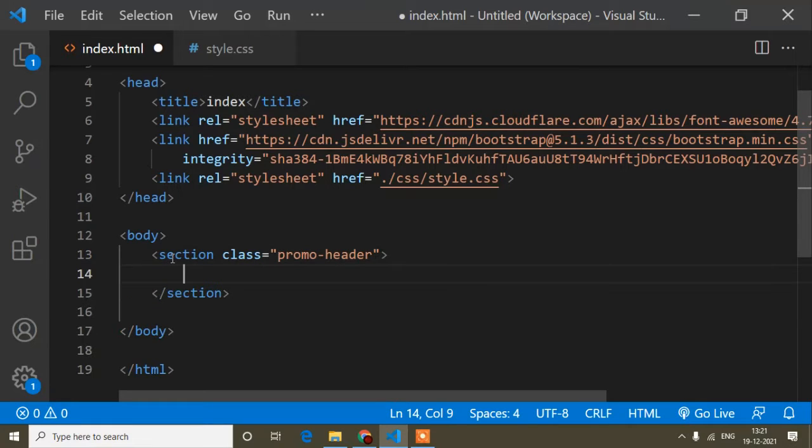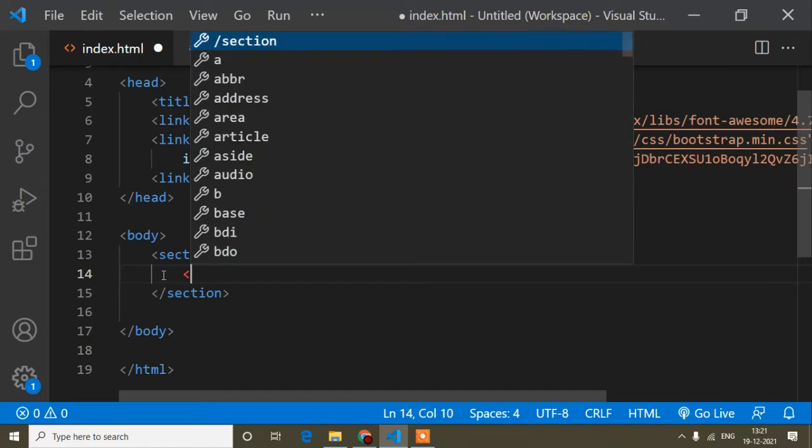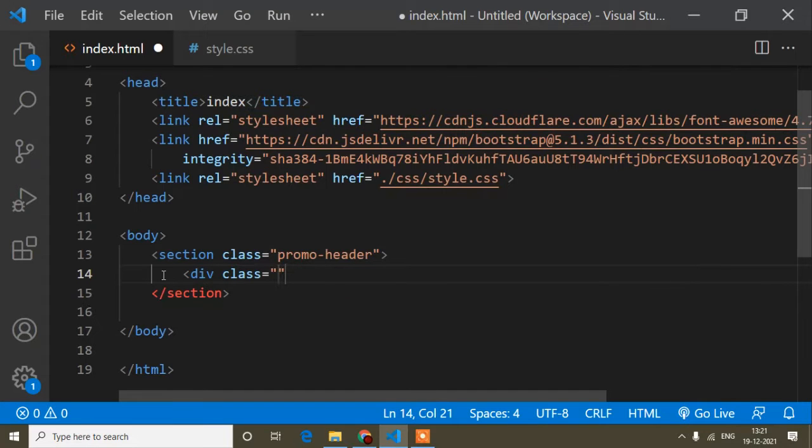This is done. Now here I will write a promo item, because I have shown there are two sliders, one is coming from left and removing left, and another is coming from right and removing right. So two items. The first one I will write promo item. Here I will write another class. There are two parts, one is the text and another is the shop now. Shop now will be in an anchor tag, because when we click shop now, it will redirect to another page.